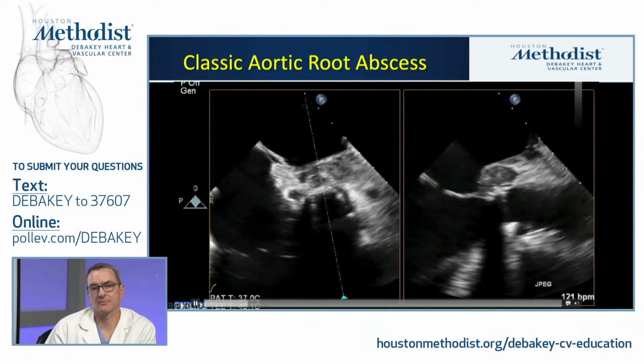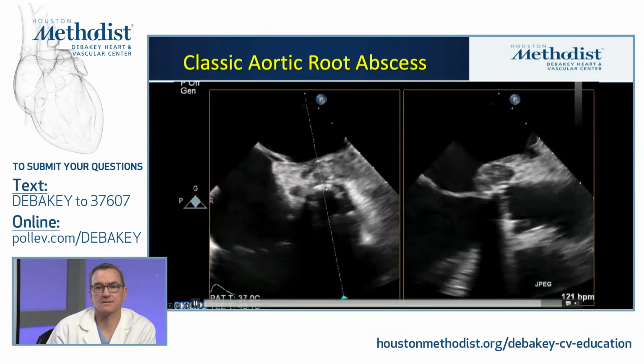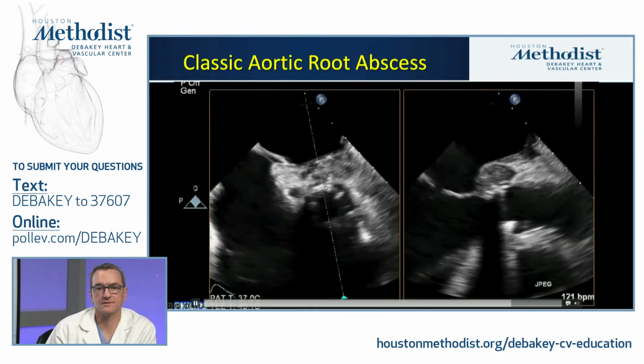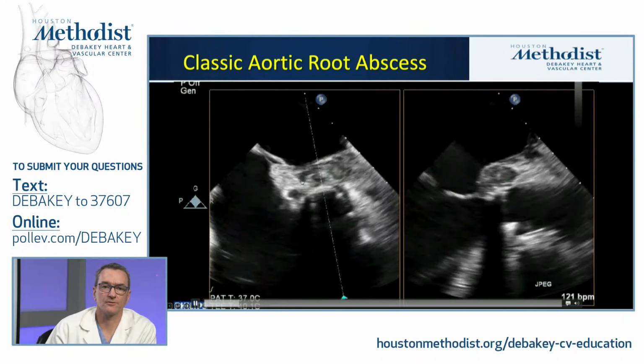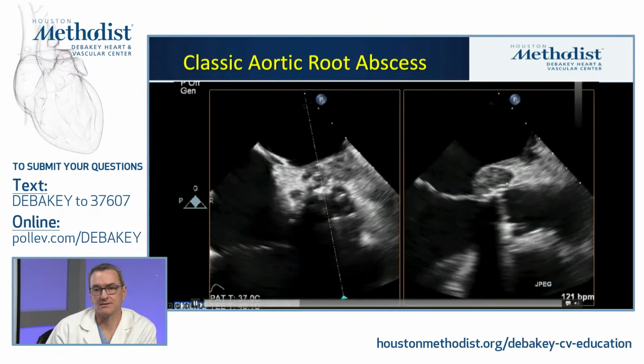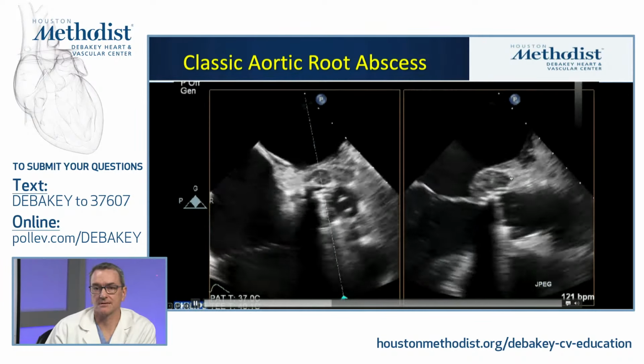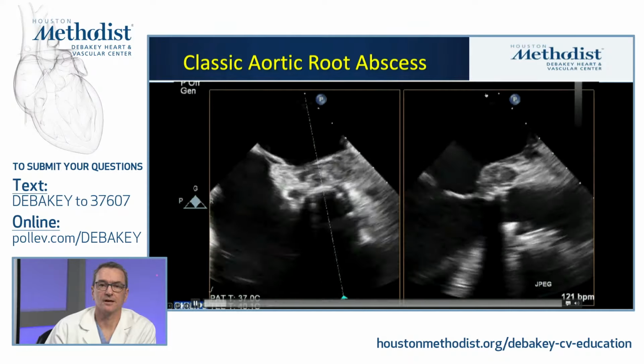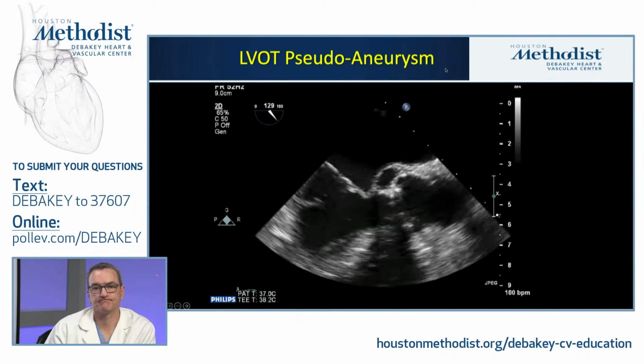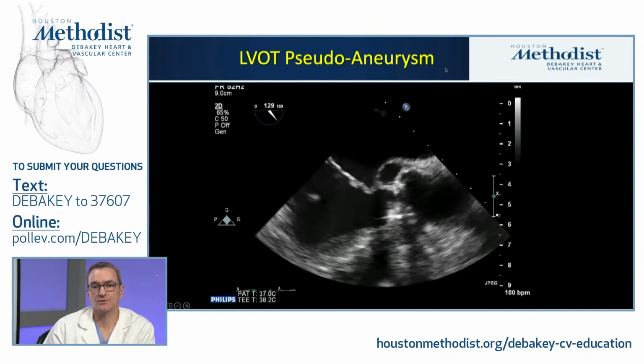This is the more typical appearance of an aortic root abscess in the setting of prosthetic material, and you can see it's very non-homogeneous all the way through, so these little pockets of bacteria, but it's contained. It's not pulsatile, there's no flow in it. This will not be cleared by IV antibiotics.